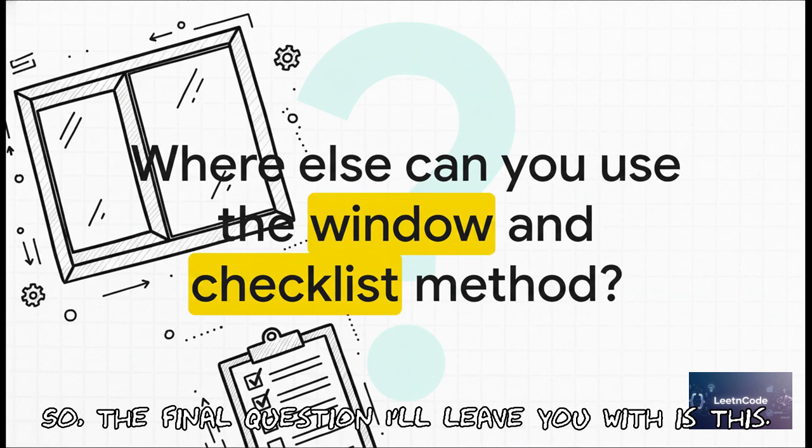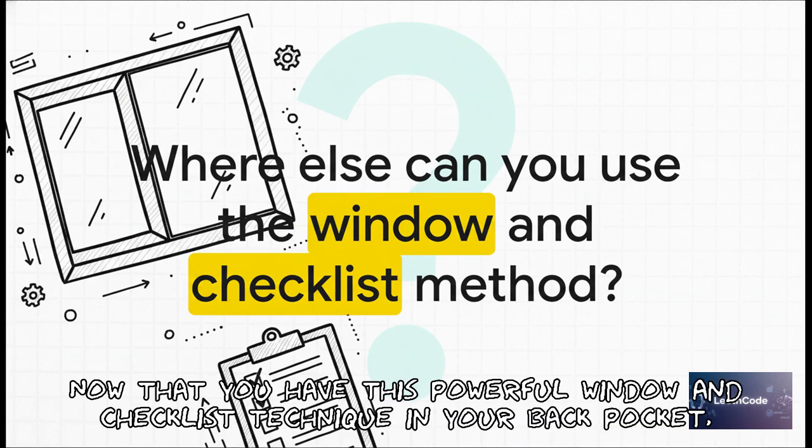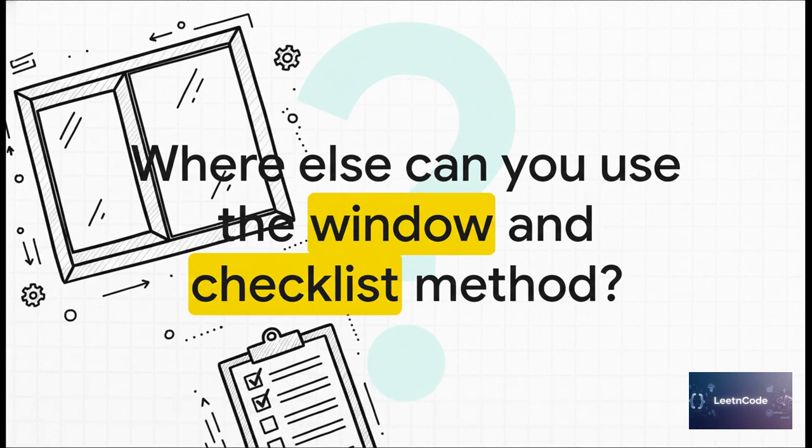So the final question I'll leave you with is this. Now that you have this powerful window and checklist technique in your back pocket, what other tough problems